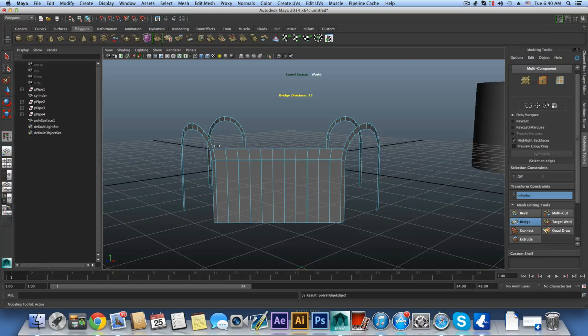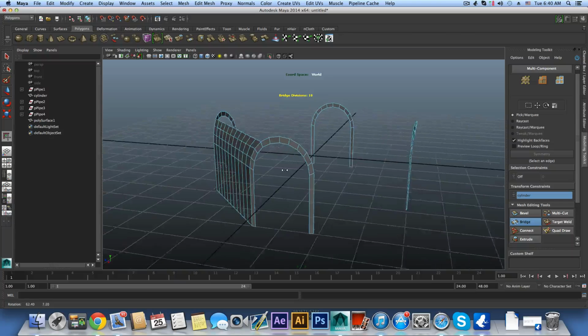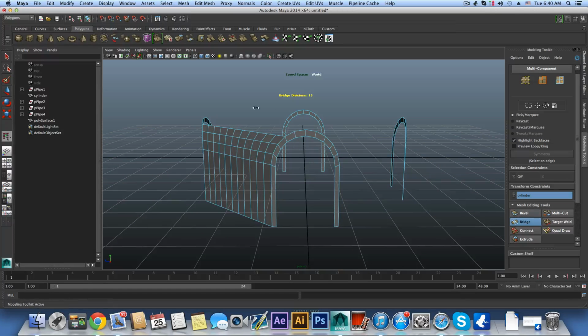It will bridge them, these two, and then we will do the same for these, and Q to switch to the selection tool and bridge those, and we will bridge also those here,